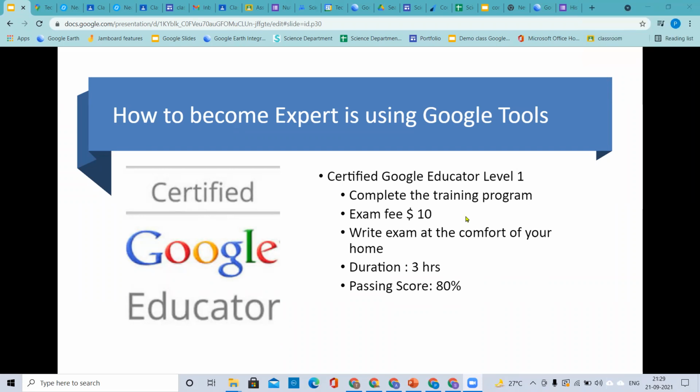Suppose there is a case of a student not clearing the exam, not becoming a Google Certified Educator, how are you going to handhold and help them? Madam, generally we are conducting revision sessions for them. Every month we organize a revision session, right? So we are helping, and 95% of the teachers are becoming Google Certified Educators in attempt number 1 only. The reason is that we also conduct the mock exam. In the mock exam, we guide the student whether they should write the exam or not.